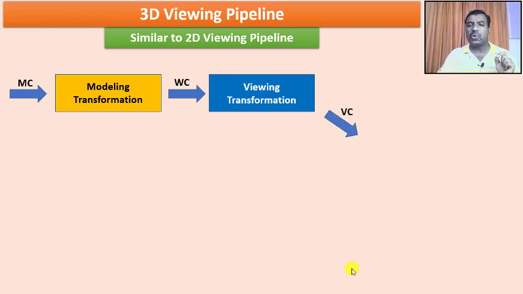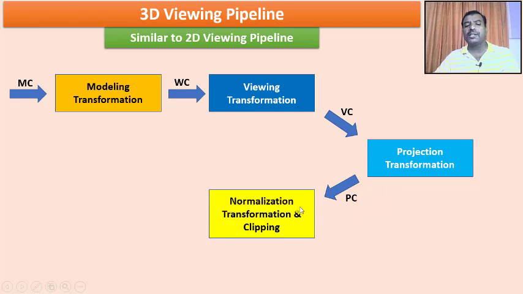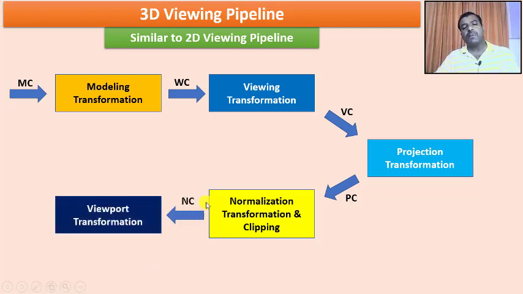Hence we are going to have a viewing coordinate system now, and from the viewing coordinate system we are going to have the projection transformation, that is either parallel or perspective or whatever you call. Hence we are going to have the projection coordinates after this block. And with this we are going to have normalized transformation and clipping, where the exact clipping operation will be performed. So part of the object should be visible and part should be eliminated. And once this is done, we are going to have normalized coordinates, and this normalized coordinate is going to be